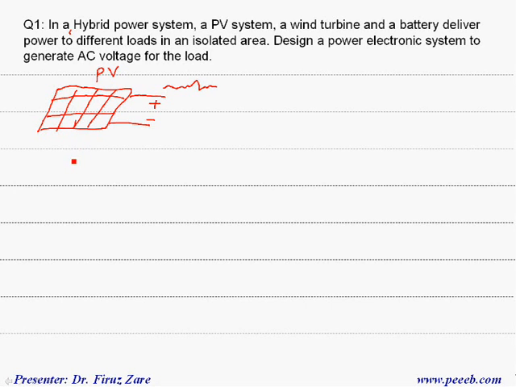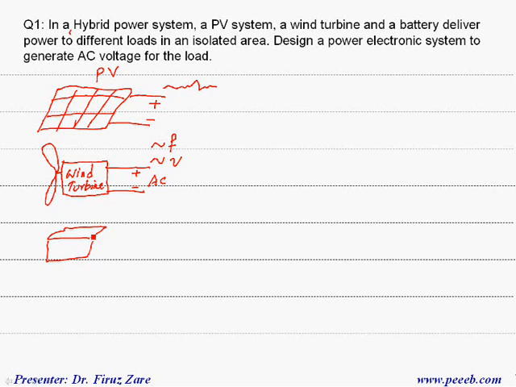The second supply is a wind generator. Suppose that we have a generator connected to a windmill, a wind turbine, and this generator generates AC voltage, and the frequency and voltage fluctuate. The reason is that the speed of the wind is not constant. And the last power supply is a battery,